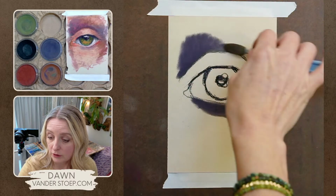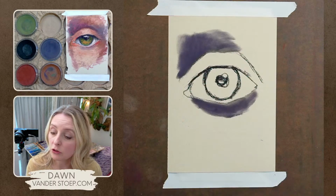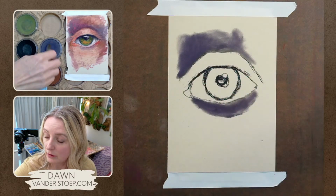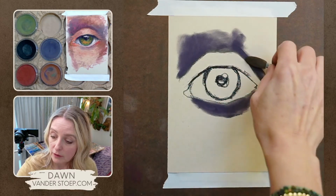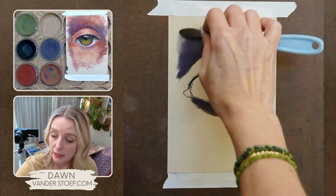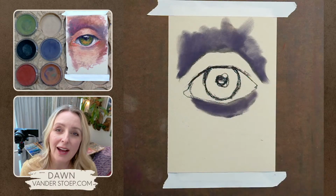So what we're trying to do is, instead of doing a really messy underpainting, we're doing a little bit of a controlled underpainting. And with that, I'm going to block in kind of where those are. And these are kind of our cooler spots. And then inside the eye,